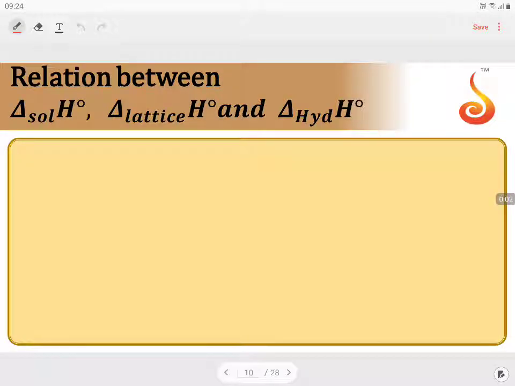The relation between enthalpy of solution, lattice enthalpy and hydration enthalpy. If I take an ionic compound, let us take an example NaCl, which is a solid, added to the water. If this is added to a sample of water,